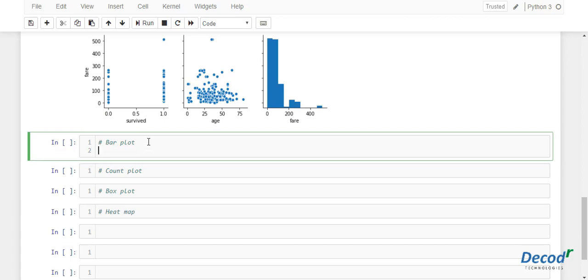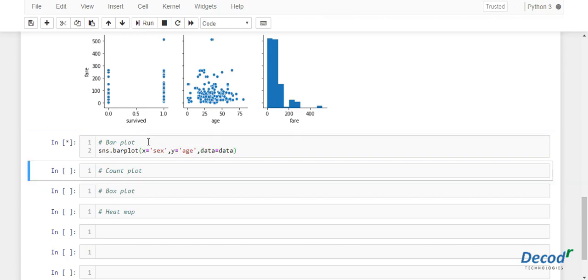So let's plot the bar plot using the barplot function, which takes in 3 parameters, that is the name of the column in x-axis, let's take it as sex, and then y is equal to age, because we need the mean of the age of female and male, and then the data frame, so that's data.